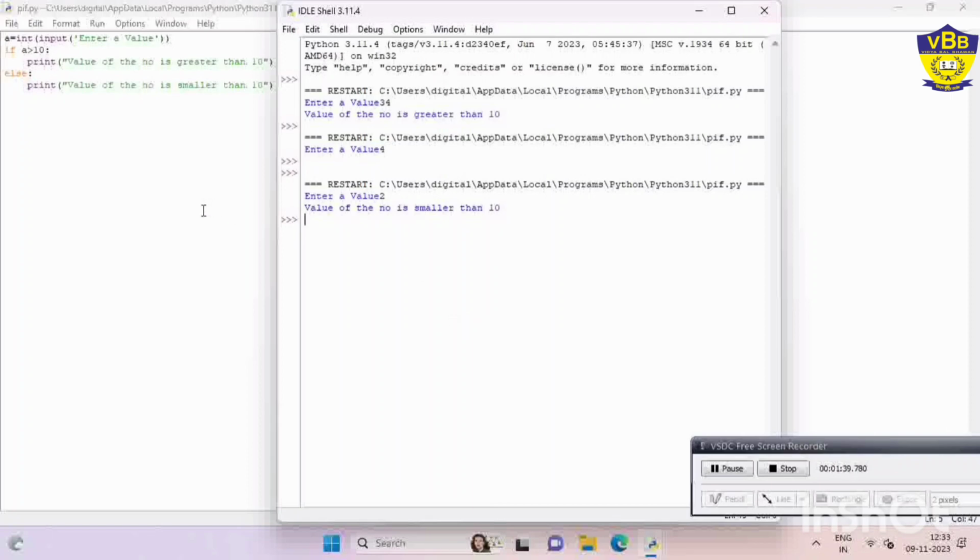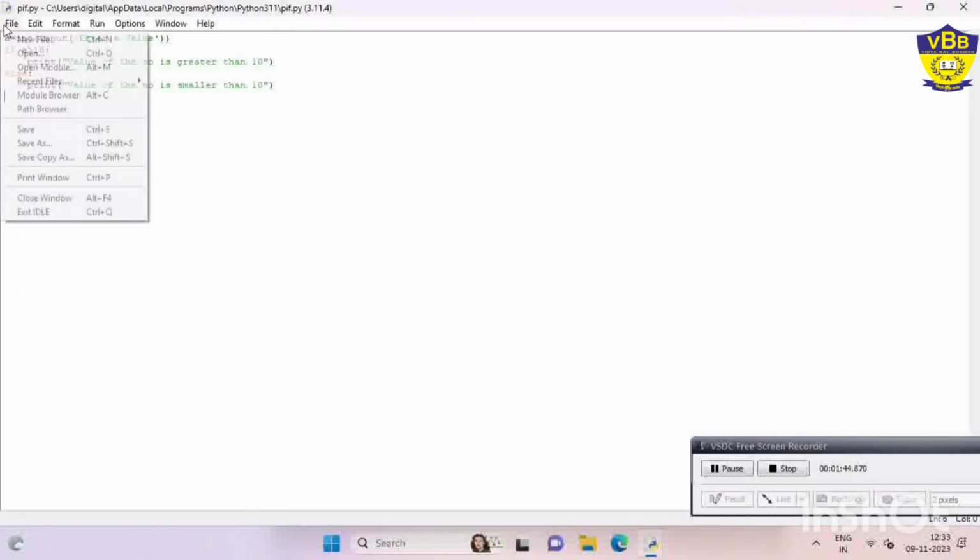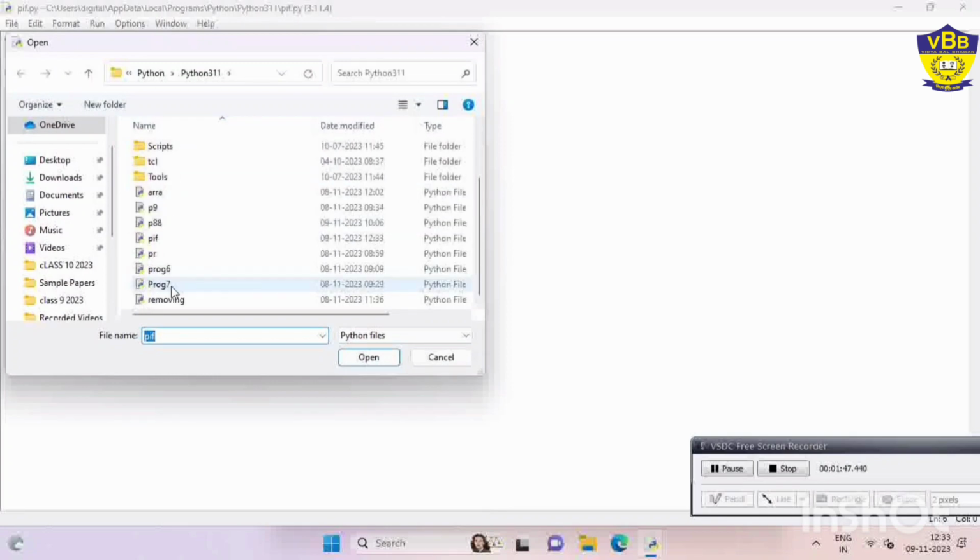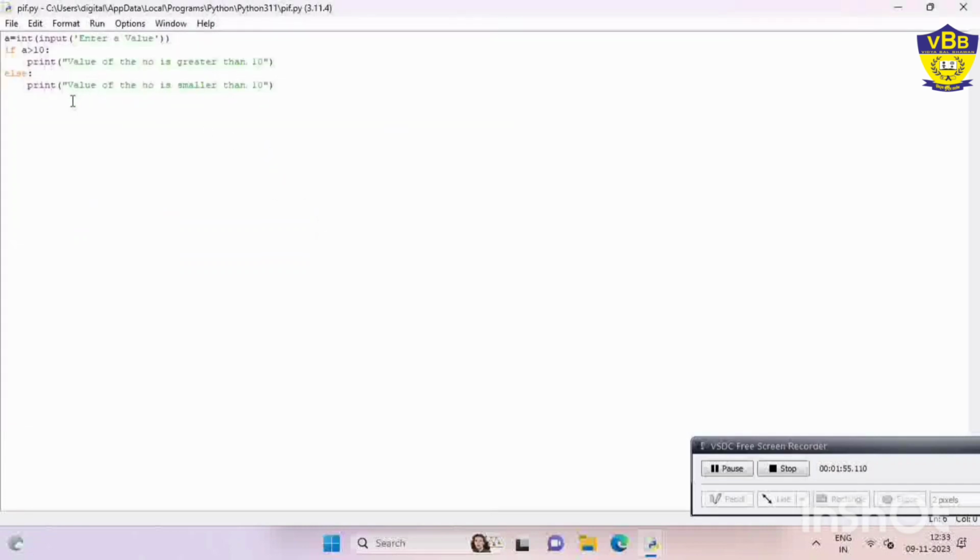Now the if-elif-else statement. In Python, the elif keyword is used as a replacement for else if, to place another condition in the program. This is called a chained conditional. Chained conditional means if you have to mention multiple conditions, you can use this if, else if statement. If, else if, else: how will you write that? Instead of else, you directly write multiple else ifs.